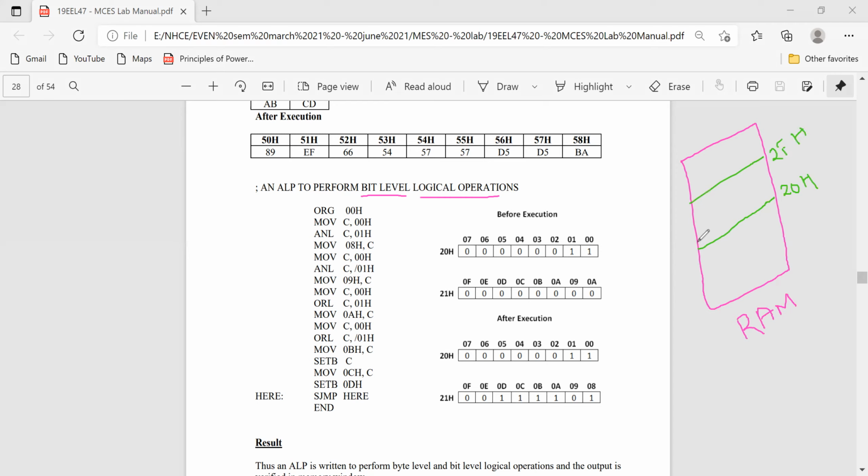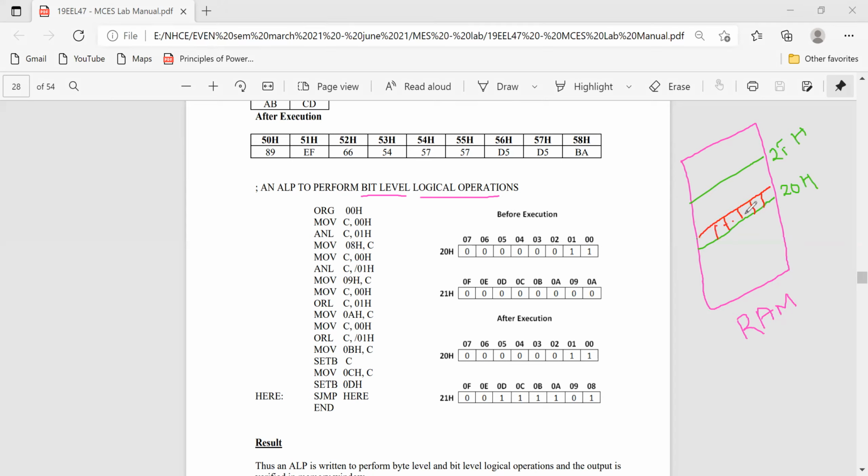For example, the 20H location is having 8 bits.